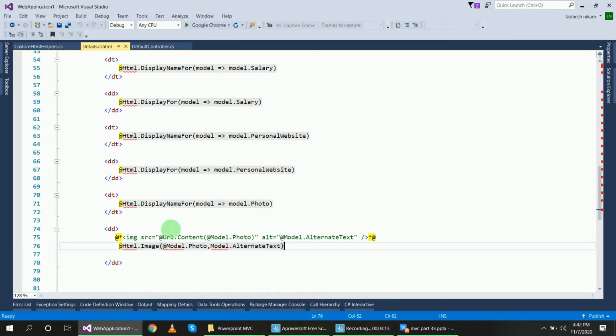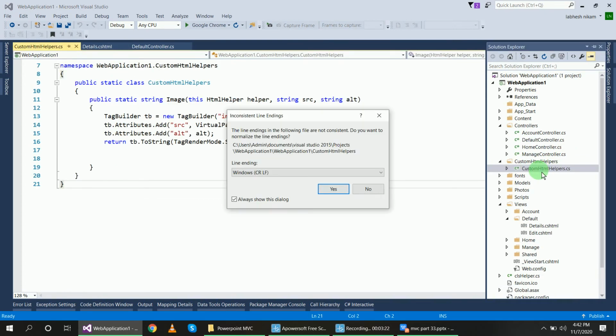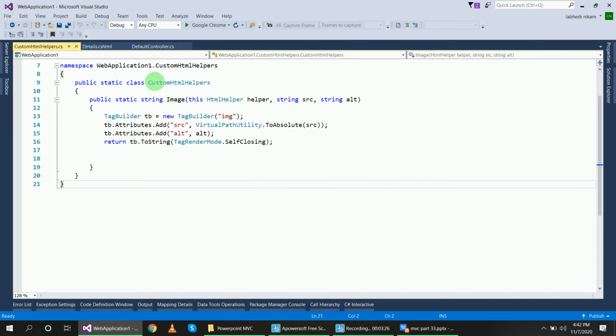This custom HTML helper I have created in a folder named CustomHtmlHelpers, and inside it there is a static class, CustomHtmlHelpers, and inside it the Image helper method. Here I have built a string and returned it.